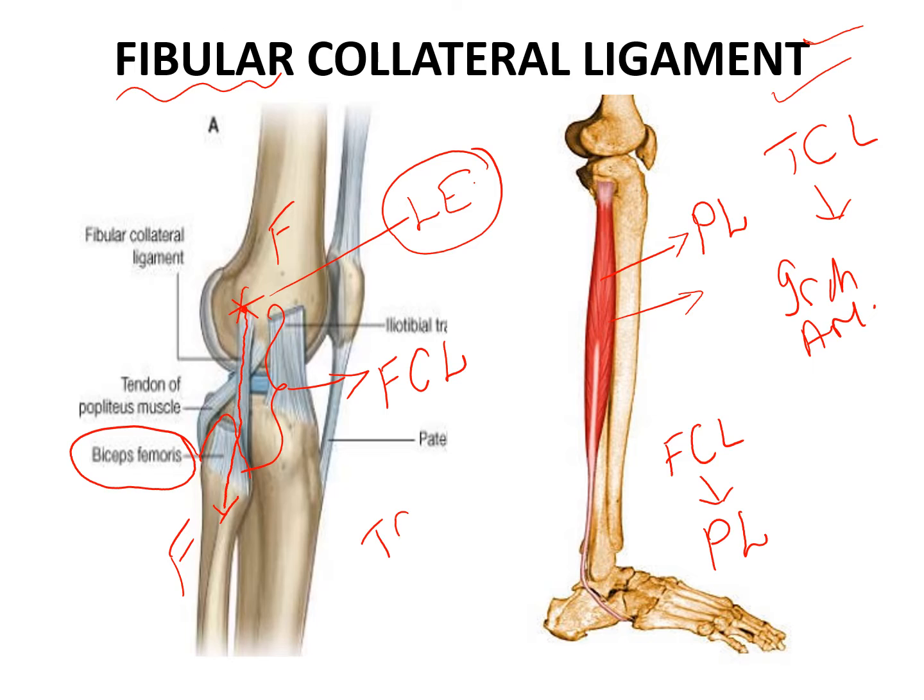Unlike the tibial collateral ligament, which is attached to the medial meniscus, the fibular collateral ligament is not attached to the lateral meniscus. Thereby, the lateral meniscus, because of several other features which we will discuss later, escapes injury many times and is considered safe when compared to the medial meniscus, which is more prone to injury. So this is an MCQ question.